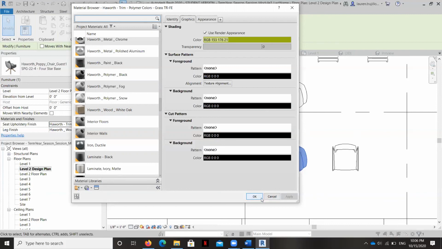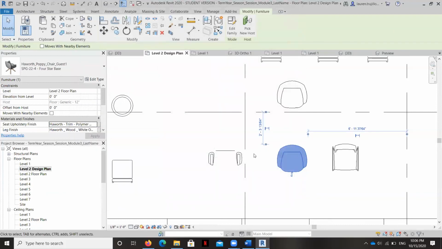So hopefully now you have a little bit better of an understanding of manipulating families from a manufacturer's website, and that they really do work very similar to the ones that are out of the box from Revit itself, except that you've got an entire universe, it seems like, of options from manufacturers that you can work with that allows so much more capability than the out of the box task chairs, for example, with Revit. Okay.